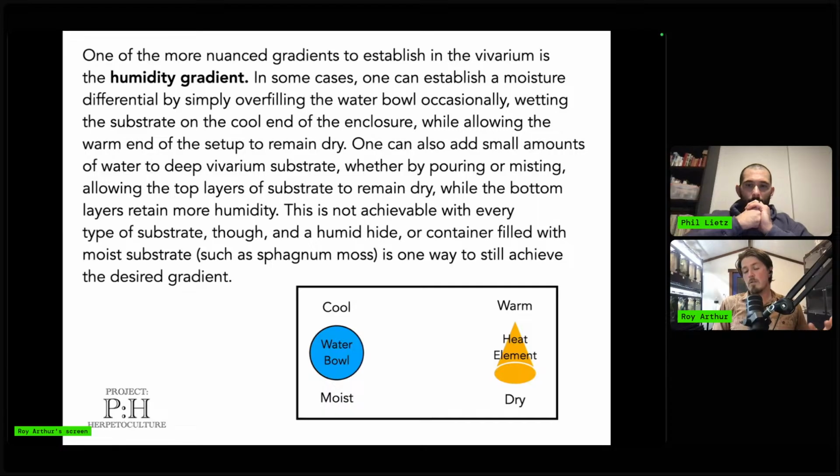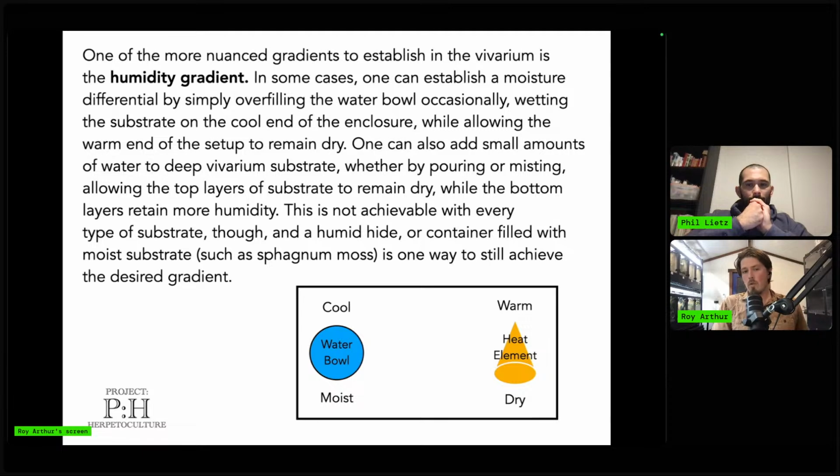And this also brings up the point that if you do have tropical species, you may think, oh, I want them to be wet all the time, because that's how it is in the jungle. And it's still important, I think, even with species that do prefer a lot higher natural ambient humidity, to create areas that are still nice and warm and dry, where they can escape that. Because it's very common for folks to actually keep their animals too wet when they're working with tropical species,